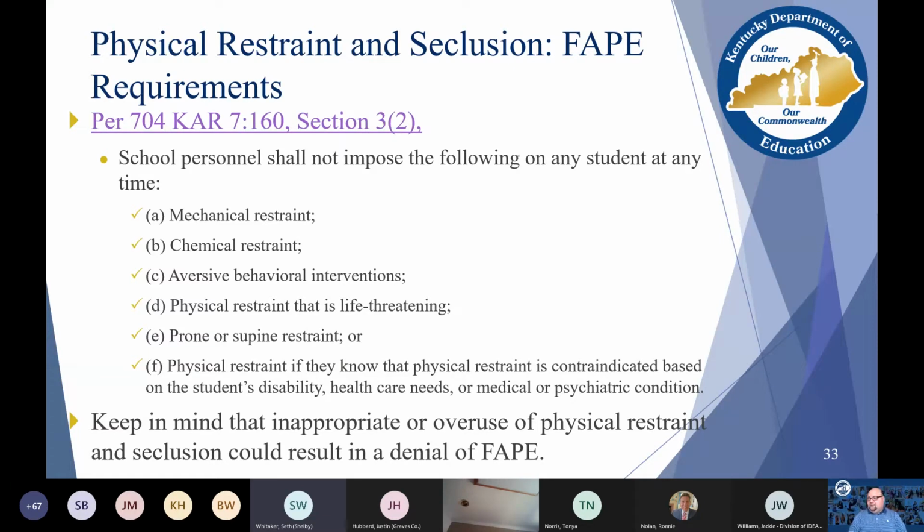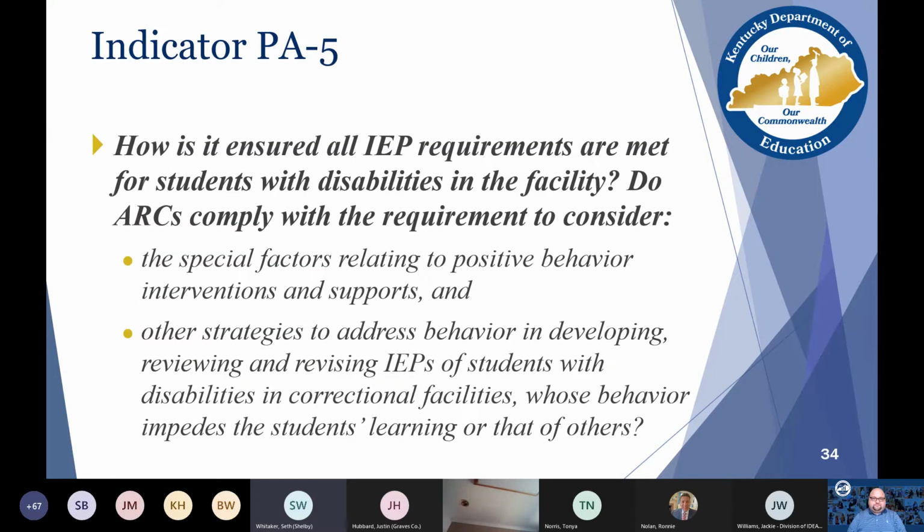Keep in mind that inappropriate or overuse of physical restraint and seclusion could still result in a denial of FAPE. Have you noticed that that's our other catchphrase? So we make sure that all IEP requirements are met. Do you comply with the requirement for special factors relating to positive behavior interventions and support, and other strategies to address behavior in developing, reviewing, and revising IEPs of students with disabilities whose behavior impedes learning or